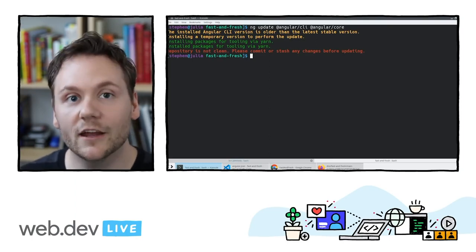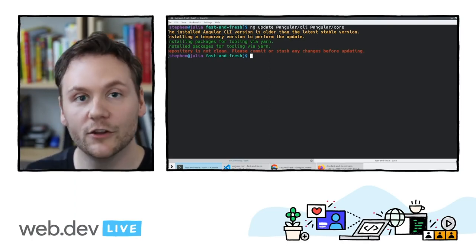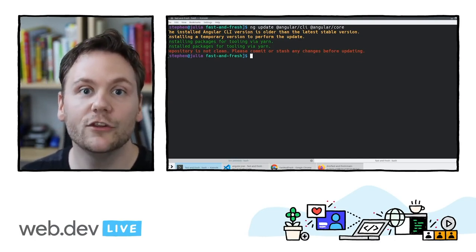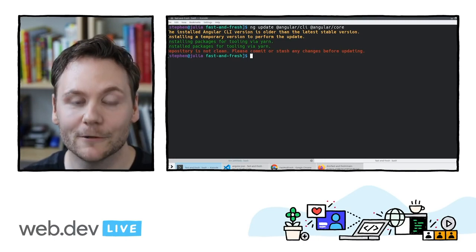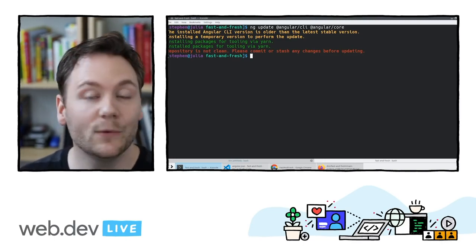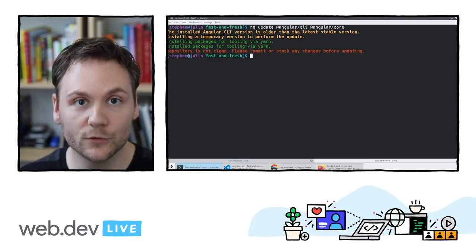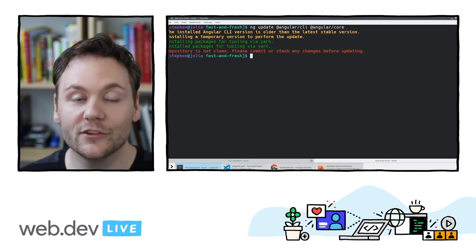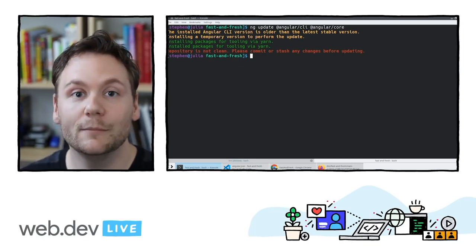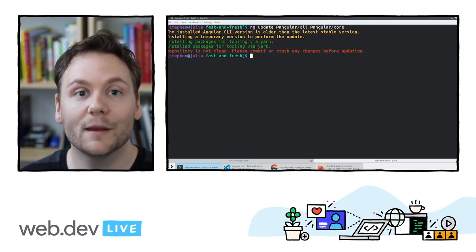Because this isn't like a normal ng update where we're just modifying the node modules of your project. We're actually making changes to your application so that you stay compatible with Angular. And the reason we're able to do this is because the Angular team at Google, we have thousands of projects across Google that are not run by our team that are using Angular. And it's actually, according to Google policy, our responsibility for keeping those applications working as we make breaking changes to